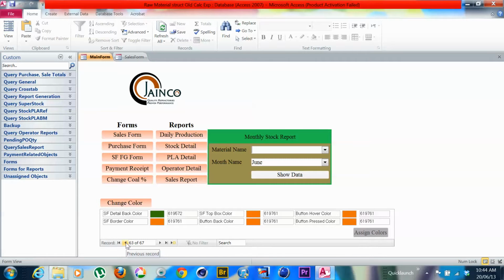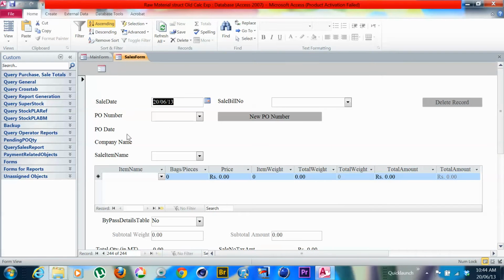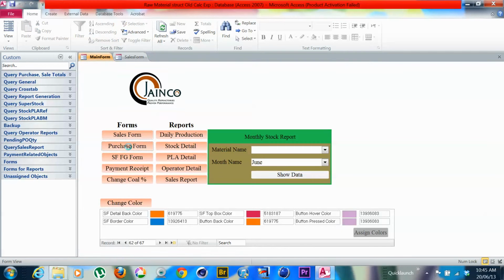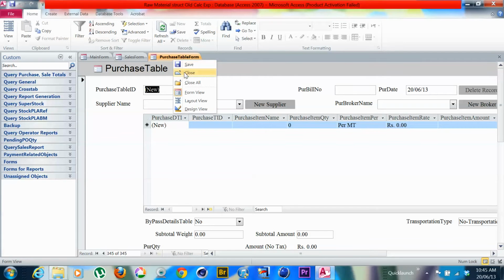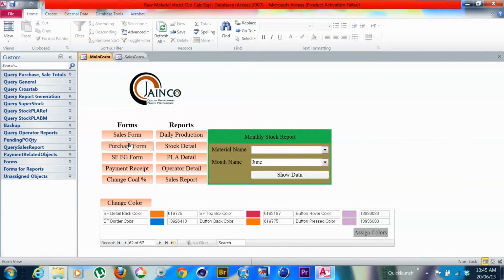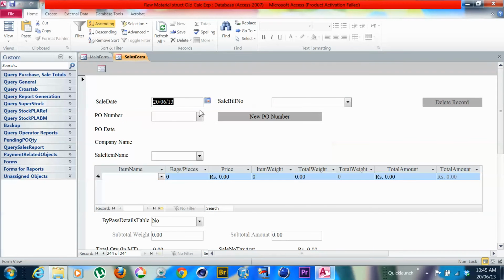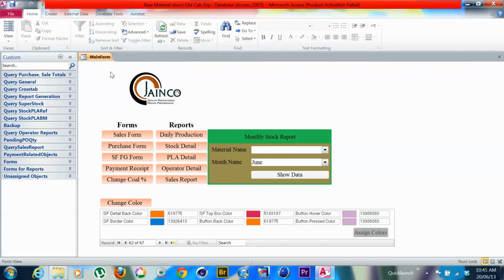So I want some sort of a procedure where I can change the colors of different forms in different tables. Like in the load section of these different forms right here, I can just run that code to change the colors of the buttons on these forms. So what I want to do is how to code this